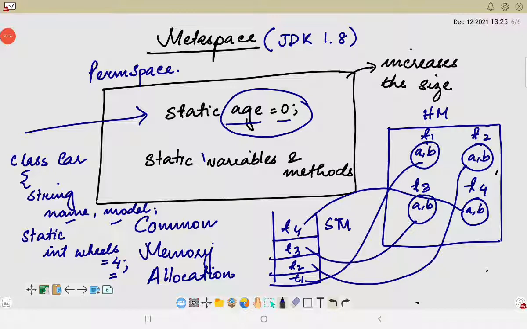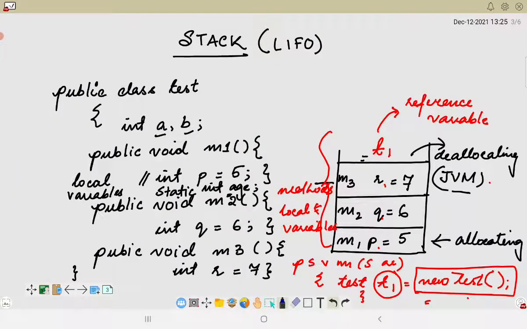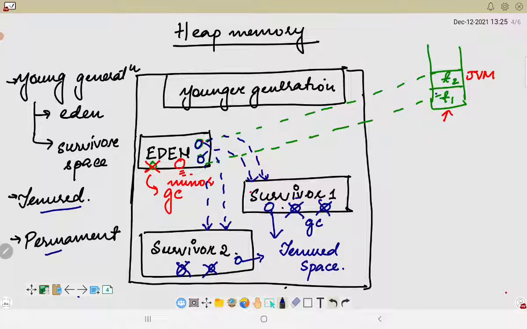so essentially we have to understand that the stack is responsible for storing the reference variables as well as the methods and the local variables. The heap is responsible for allocating the objects, or object creation is done inside the heap memory, and the survivor spaces will be taking care of those objects which do not have any references or do not have any allocation.